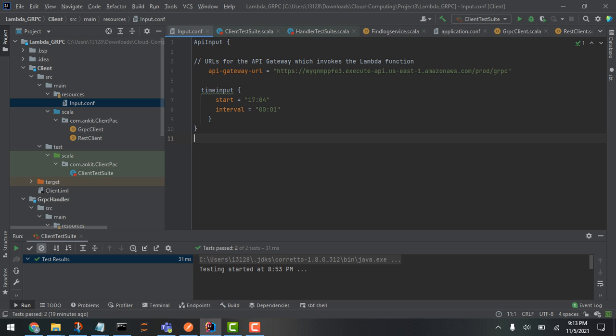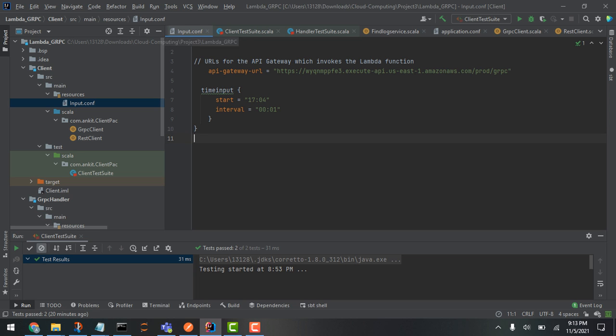computing course. In this homework, we were asked to create and deploy an AWS Lambda function that will accept the gRPC request and REST request, and give us the output with some details about the log which resides in an S3 bucket. So first of all, I'll just go through the structure of my